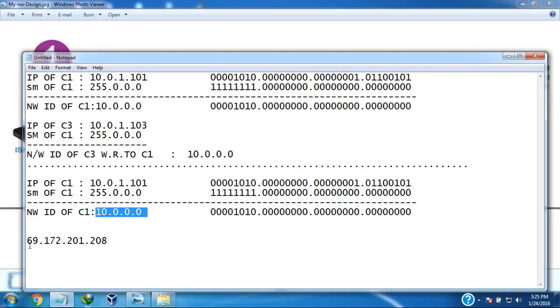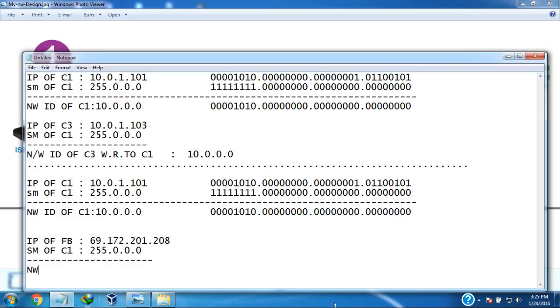Now it will use the IP address of Facebook. Now we take the subnet mask of client 1. It's nothing but 255.0.0.0. Now it will multiply and get the network ID of Facebook